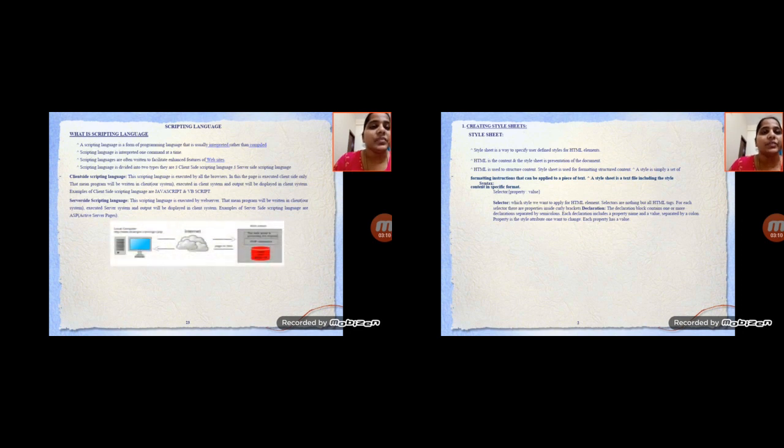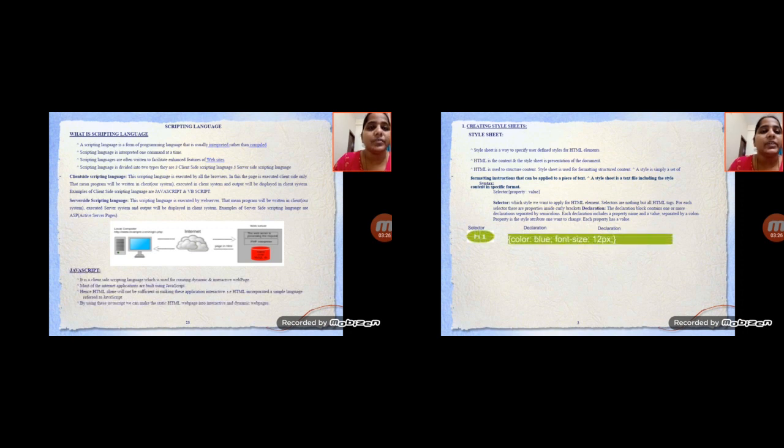When you want to give content a specific format, you use a selector, a property, and then a value. For example, the selector H1 is declared with a color and a font size in pixels, giving the property and its value.